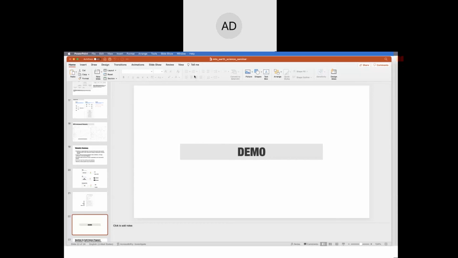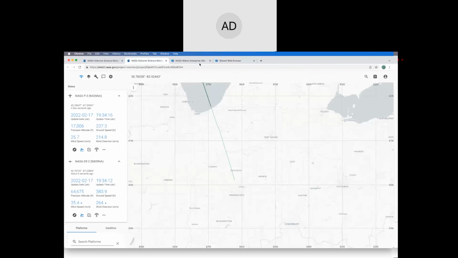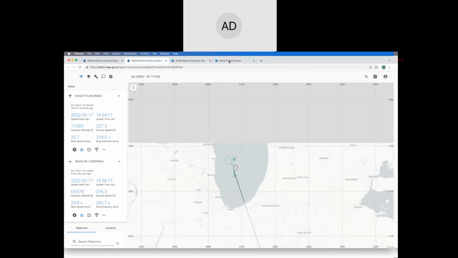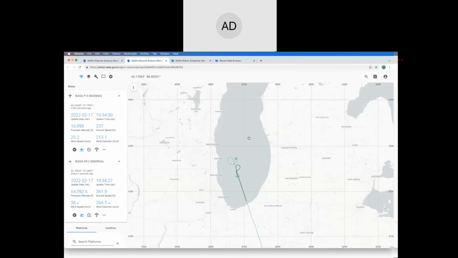All right. Share web browser. Okay. All right. So in theory here, you should be able to see my web browser. Can you confirm that you can see this? Yes. Perfect. Okay. So, typically I would talk to some examples, but in this particular case, we have a mission